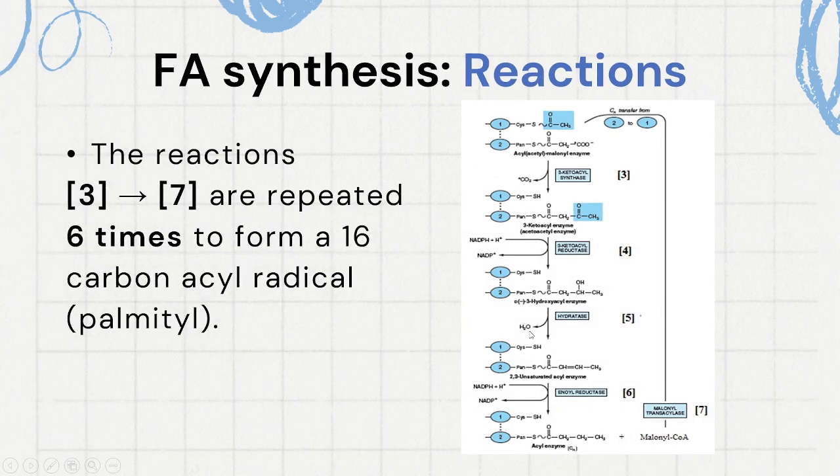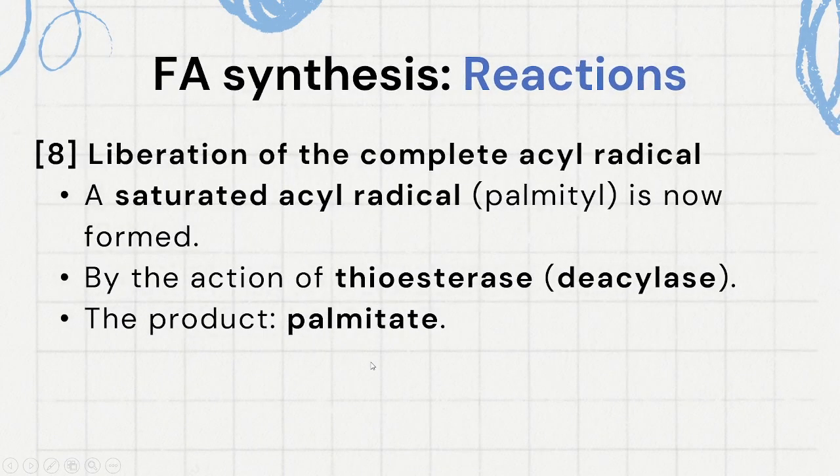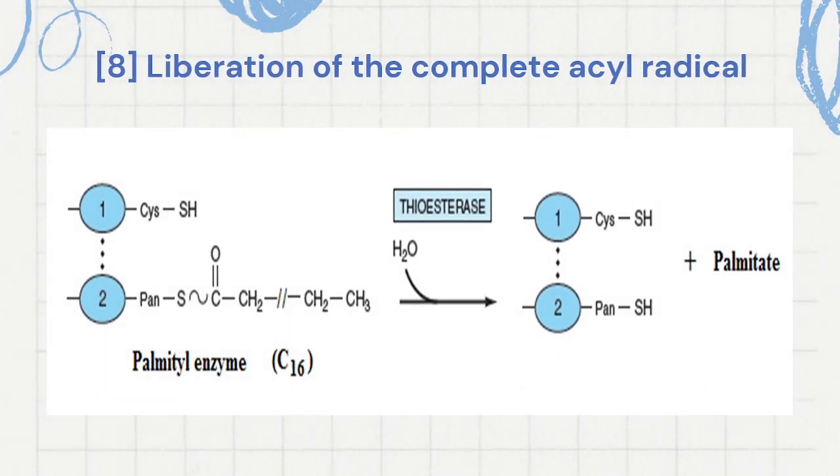From now on, there is repetition of the third to the seventh step 6 times to create our 16 carbon atom acyl radical. And the eighth reaction, of course, we need to separate our product, palmitate, the 16 carbon atom acyl residue, from the enzyme, and this is done by a thioesterase, which releases a free enzyme